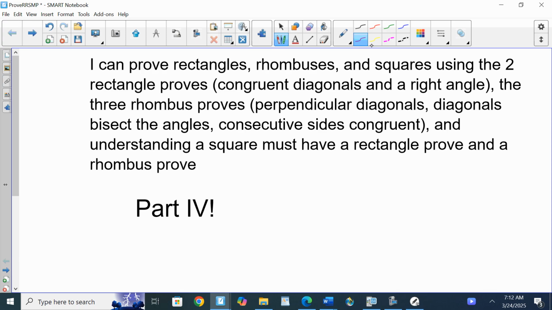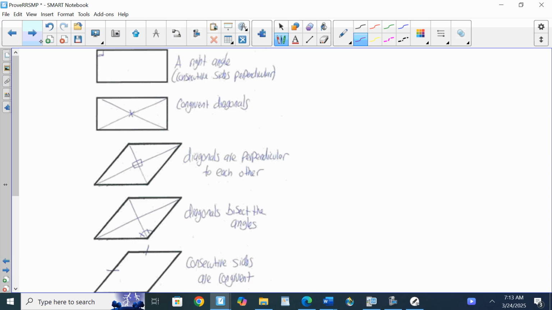This lesson is so conceptual that instead of actually doing stuff, I'm going to more just talk through answer keys, because if you don't have the basics down, there's really no point in you watching that. It's all about the conceptual. So let's start by making sure we understand how to prove a rectangle, rhombus, and square, and then we'll move on from there. So you need to know that to prove a rectangle, I need to first prove it's a